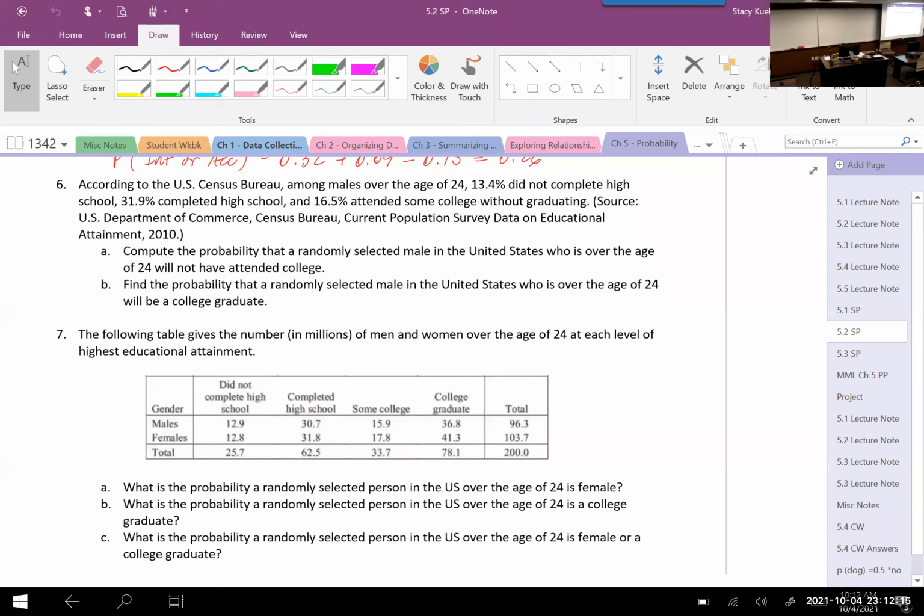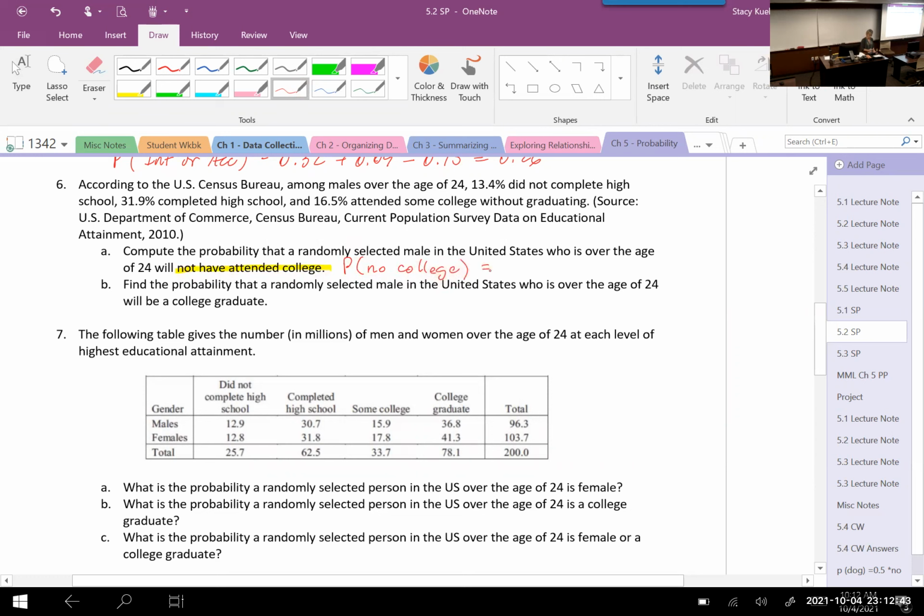All right, let's go over the answers. Okay, so we're looking at number 6. It says in the question that we're looking for the probability of no college. So the probability of no college